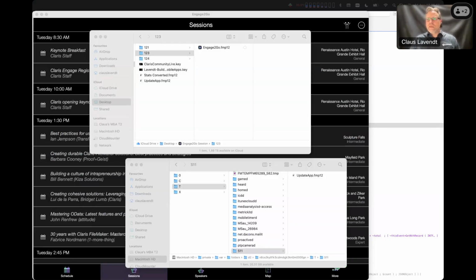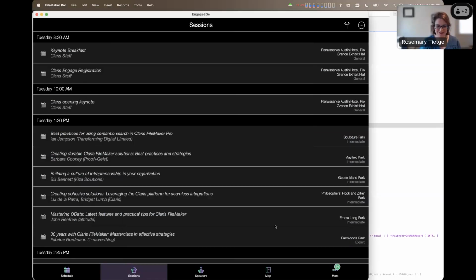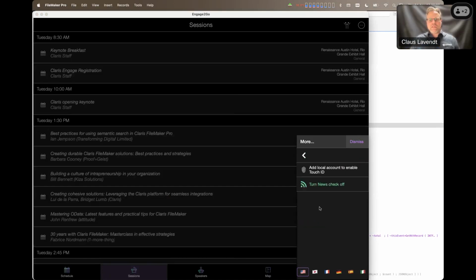Yeah, so first, can you show how to unlock the app? Just point people to where to do that. Okay, so this is of course unlocked, but in the menu there's a developer tools, and then there is